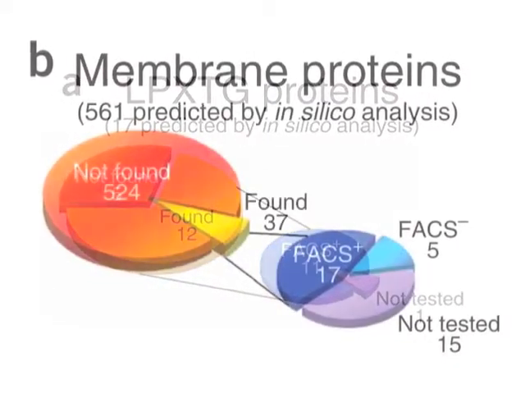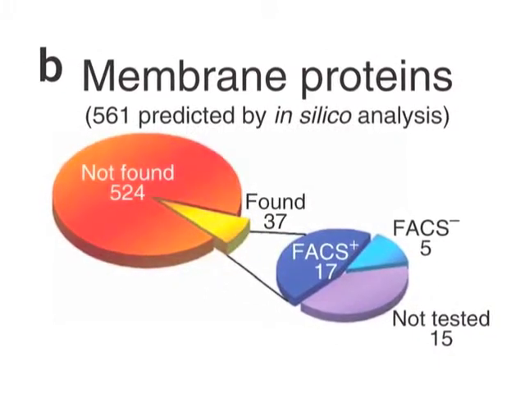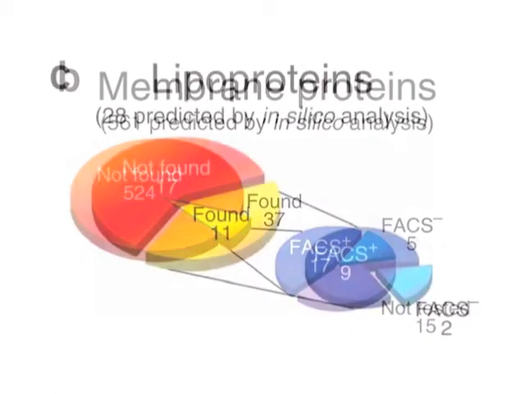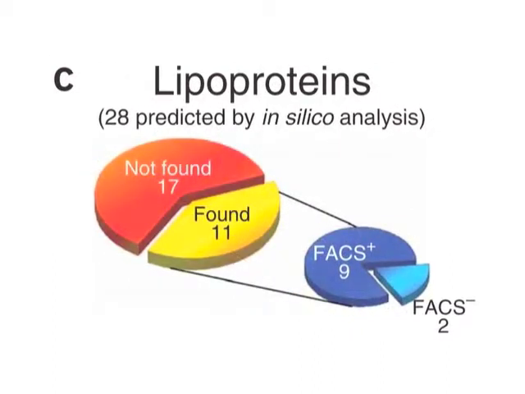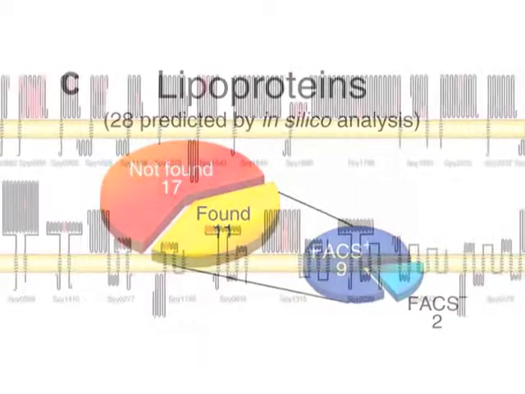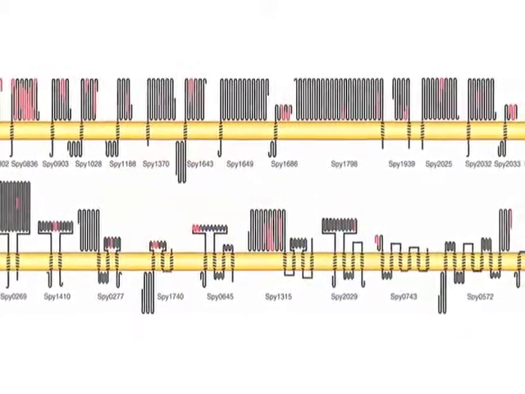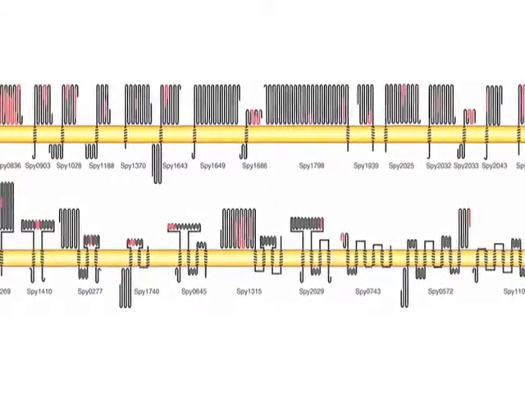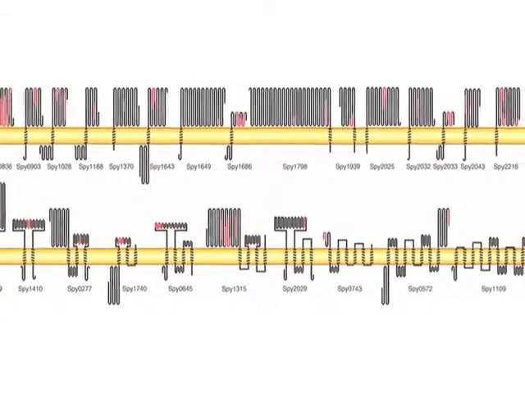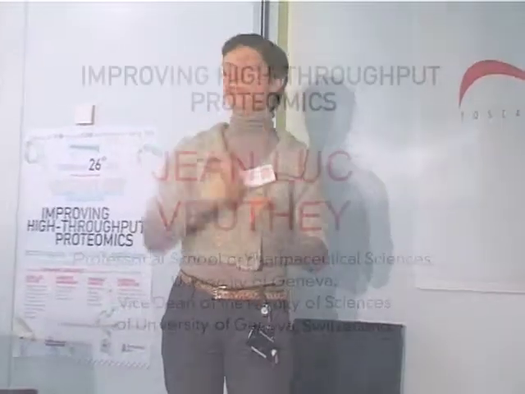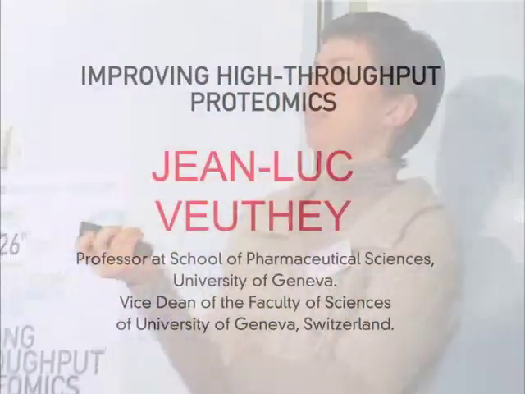These methods rely on the shaving of the surface of live bacteria with proteases. So this means that we start from a bacterial culture, then we use trypsin or other proteases to cut all those proteins or protein domains that are protruding from the cell surface. So in this way,